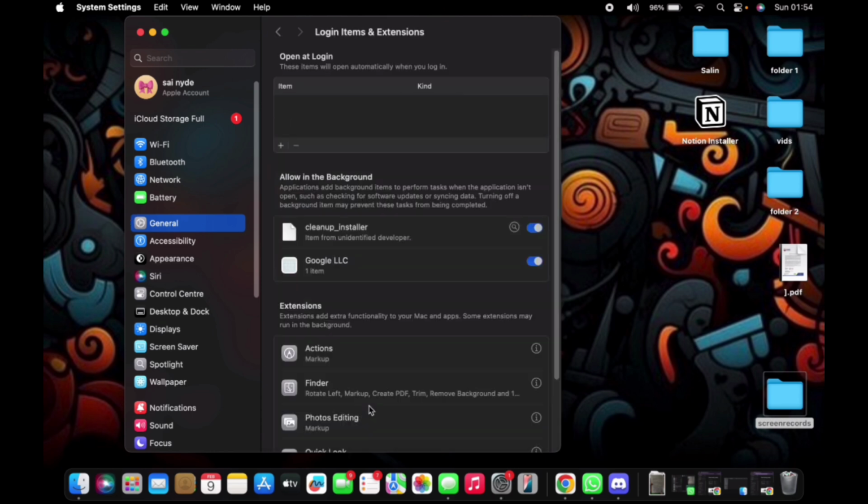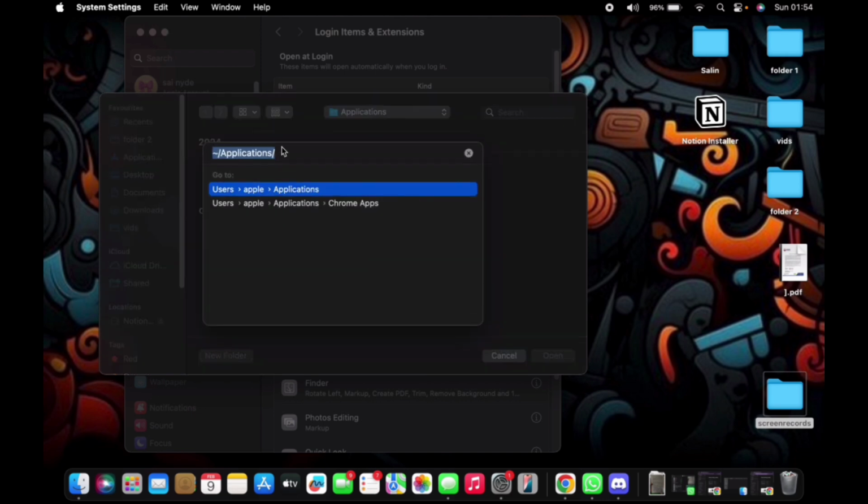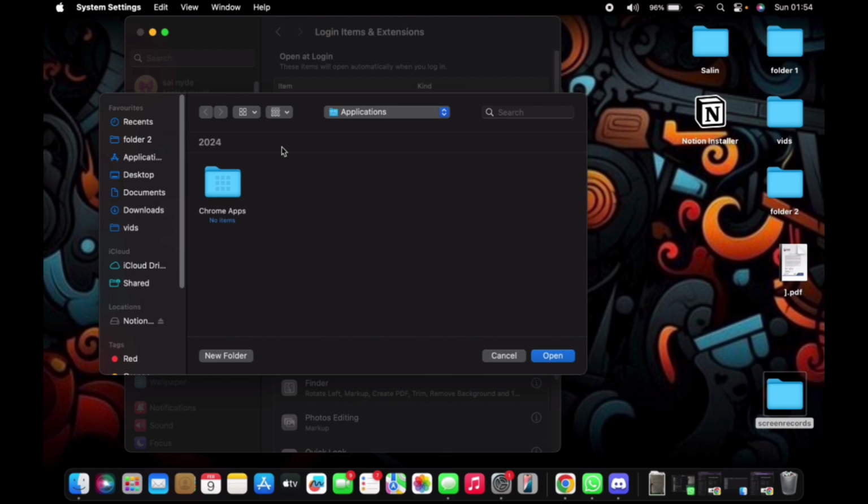Once you do that, look for the small plus icon which is on the bottom left corner of this first box here. Tap on it. Once you do that, go ahead and type in this shortcut with me, Command Shift and G. Once you do that, you're gonna have to go ahead and type in that squiggly line /applications/ then tap on Enter. Once you do that, go ahead and select the web browser, which is Chrome apps for me, then tap